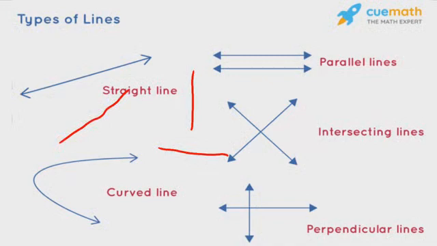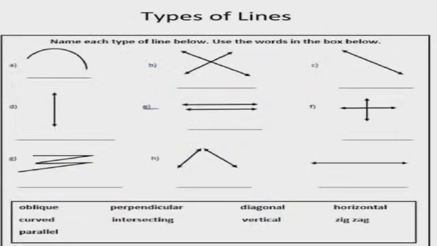Hope you understood this. So now we have a straight line, vertical line, horizontal line, diagonal line, curved lines, parallel line, intersecting line, and perpendicular line. So here is work for you to do. I want you to name this line accordingly. What is the line